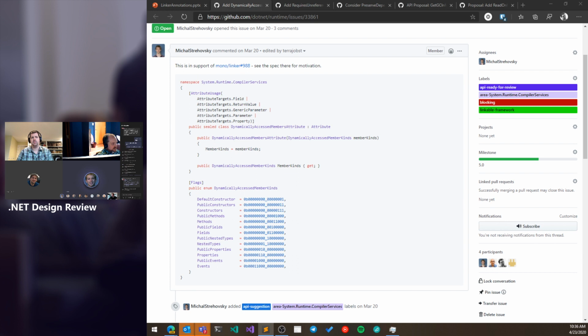That would definitely align it more with how we're doing reflection, I guess. I mean, binding flags is not necessarily a great API. No. But yeah, I would agree with you that it aligns it more. I'm personally fine with public methods and private methods. I'm also fine with saying you just have methods and then public and private as different flags. That also works. Yeah, my feedback on that would be to use the term non-public instead of private, because non-public implies